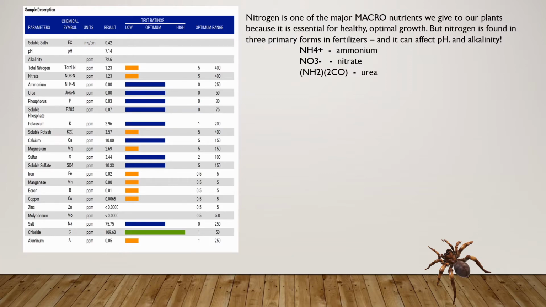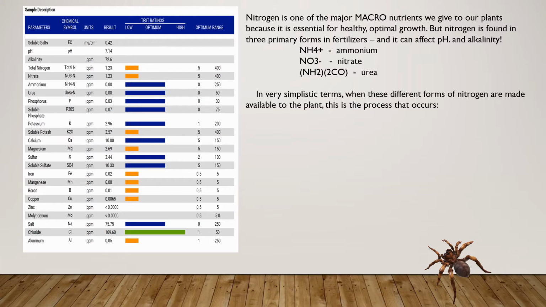So what happens when we use these different forms of nitrogen? In very simplistic forms, we're not going to submit these for evaluation by an organic chemist, but this is in a nutshell what you can think of when we give these three different forms. If we first look at ammonium,